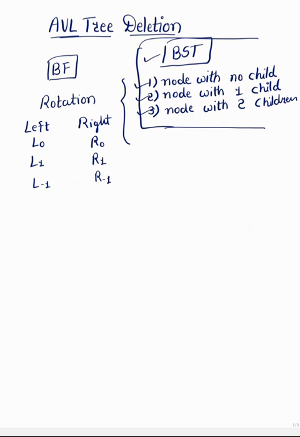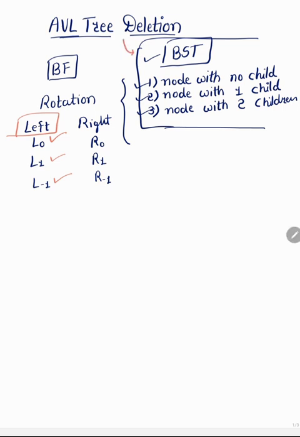In the previous lecture we discussed the right kind of rotation, that is R0, R1 and R minus 1 rotation. In this lecture we are going to learn about the left rotation, that's L0, L1 and L minus 1 rotation. Let me quickly revise that in AVL tree deletion, we need to follow all the rules that we follow